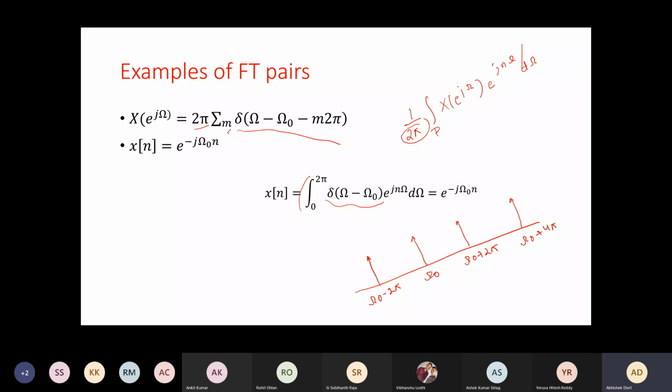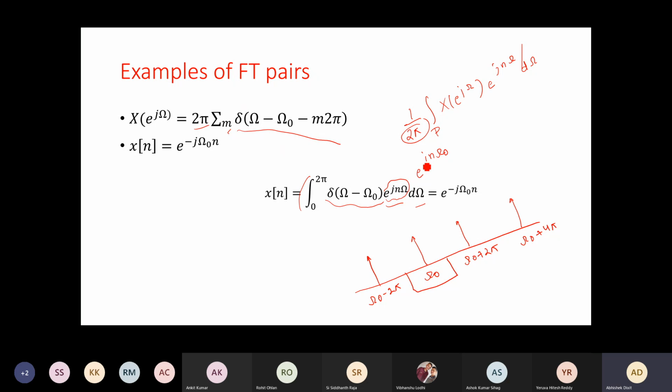So if I take this between one period, let's say 0 to 2 pi, I simply get one impulse at omega naught. I multiply by this and integrate with respect to omega. Now you know how to solve this integration, right? So we will get simply here what? e to the power j n omega naught